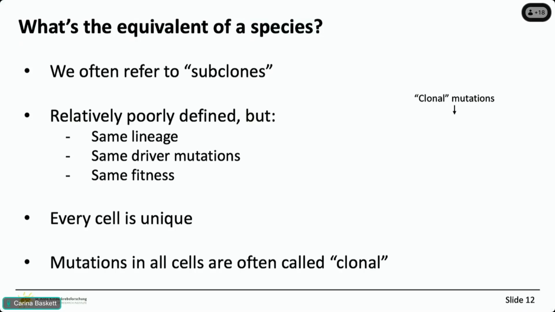And also a point of terminology, but I realize you probably also use this terminology as well. Typically, when we talk about mutations that are present in every single cell, we call them clonal. And these are mutations occurring before the most recent common ancestor in these populations. I unfortunately have to skip the GIF, but what the GIF showed was actually a computational simulation of the acquisition of a subclone. Essentially what we saw there was a variant allele frequency spectrum. At some point, one of the cells acquired a driver mutation and suddenly had a selective advantage. And it was just a simulation of this new subclone basically sweeping the population because it begins to outcompete the other cells. This is a process that we believe commonly occurs in cancer evolution.